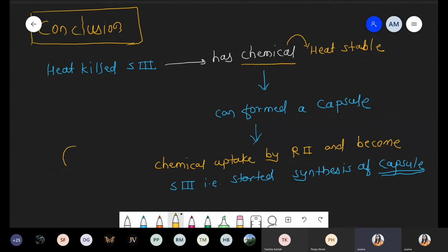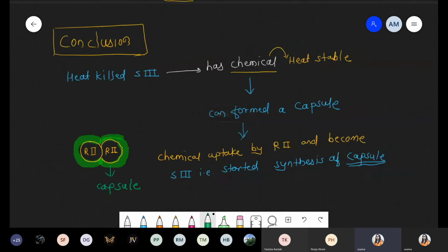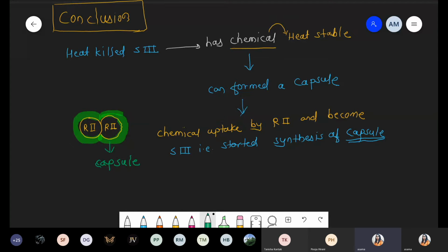So simply we are taking some diagram. There is a presence of Diplococcus bacteria. ये भी R strain है, that is R2, and now these are the R2. Now around this R2, the R2 takes up that foreign chemical, which is coming from the smooth strain, and due to that chemical there is some change with respect to the R strain. That R strain starts synthesis of capsule, and as we just discussed, if the capsule synthesis gene is present, definitely this type of bacteria causes the disease. Got it? So this is the conclusion about the Griffith experiment.